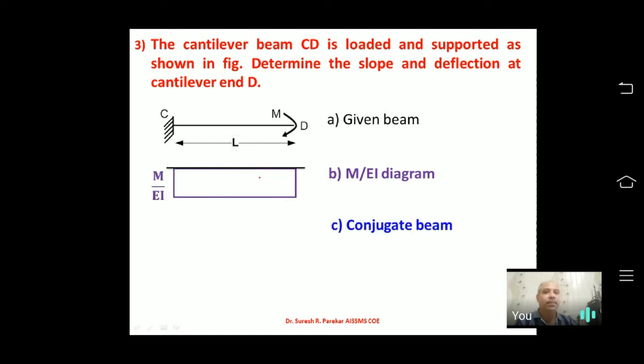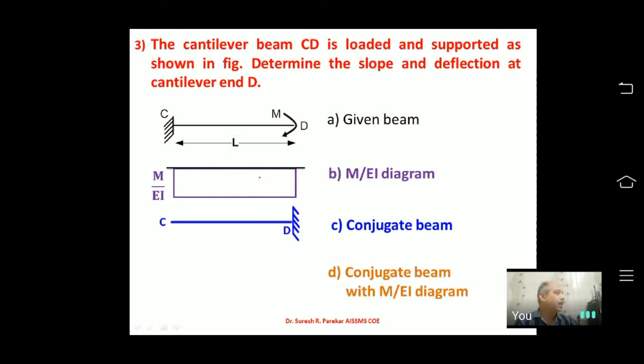So conjugate beam. Again the same conjugate beam: C, which is fixed, becomes cantilever, and D, which is cantilever, becomes fixed. And then we are going to get the next conjugate beam with the M by EI diagram. So this is the conjugate beam and this is the M by EI diagram. So now we will find